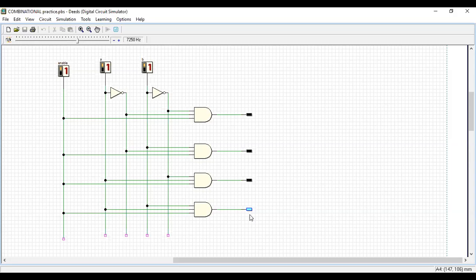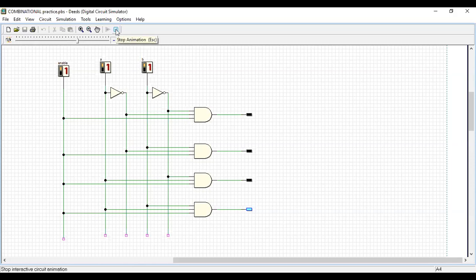The enable pin is not a clock. It is also a logic input. I'm giving it 1 all the time. That IC has an enable pin, and only if you switch it on can it work. It's like the main switch on your computer.